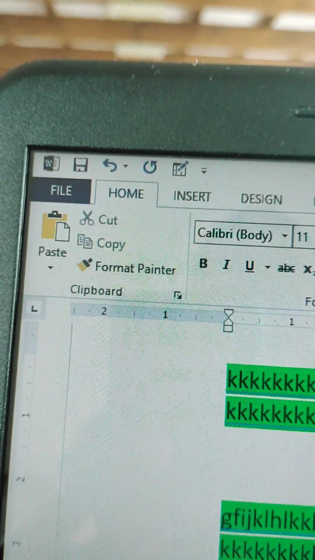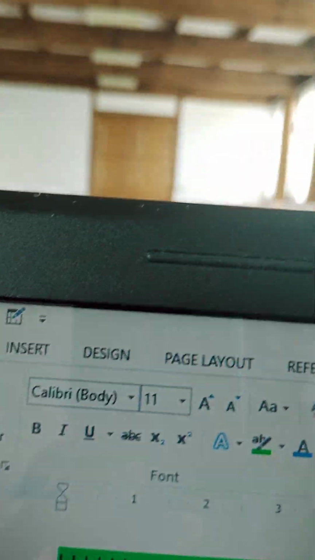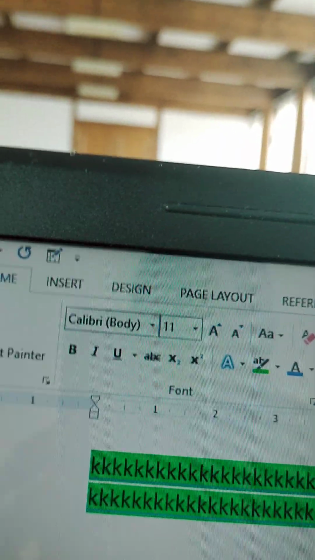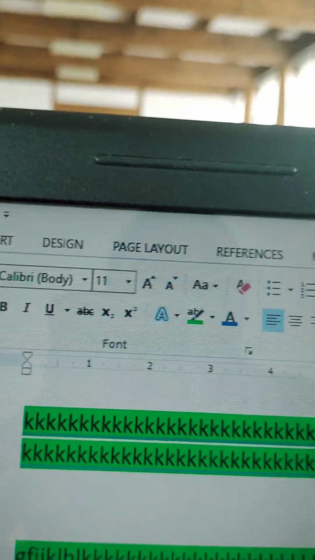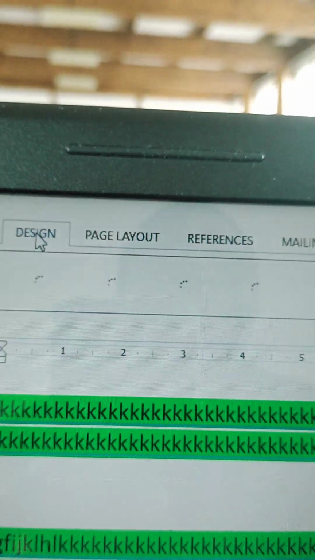So for now, I think we have touched the basic things we need to know on this Home menu. So in our next video, we're going to look at